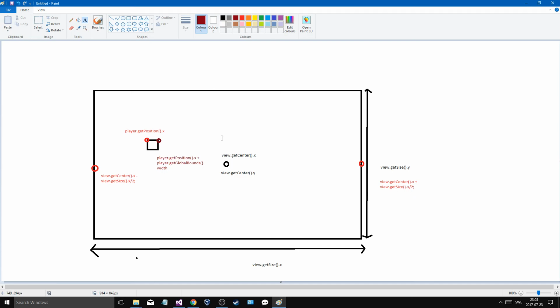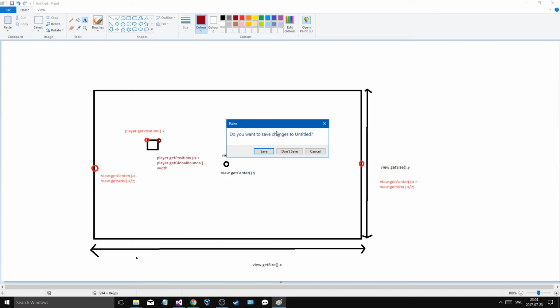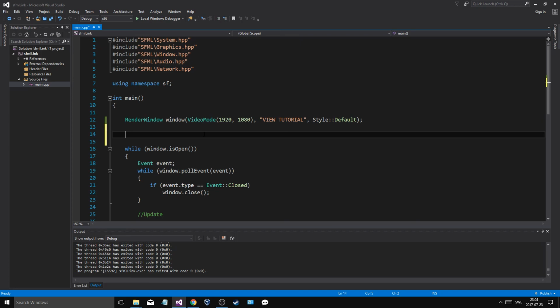Now I'll let you guess the y positions. It's the exact same function. getCenter.y minus, because upwards is minus, downwards is plus in SFML, minus the getSize.y divided by 2. So you'll get this point, and you have to do the same thing in here. So I'll let you figure that out. Now this is already a long video just explaining all this stuff, but now I'm shortly showing you what